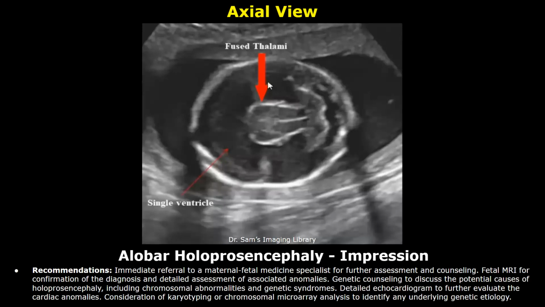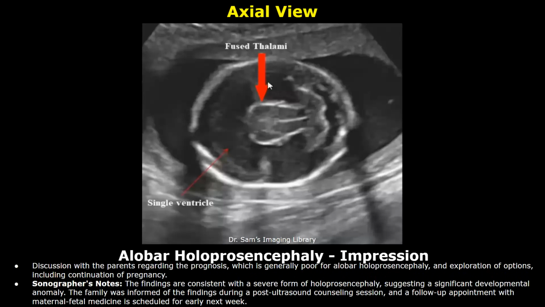Genetic counseling to discuss the potential causes of holoprosencephaly, including chromosomal abnormalities and genetic syndromes. Detailed echocardiogram to further evaluate the cardiac anomalies. Consideration of karyotyping or chromosomal microarray analysis to identify any underlying genetic etiology. Discussion with the parents regarding the prognosis, which is generally poor for Alobar Holoprosencephaly, and exploration of options including continuation